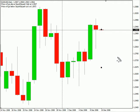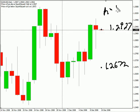This particular pair, looking for a range of 129.27, which is pretty much where it started, and at 126.72. What may be a little more realistic as far as our range and support and resistance would be 1.3000 on the resistance, and support look for 128.76 for this particular pair. It is moving sideways as well. It did close down large range today to end up where it is, but this particular pair is moving sideways